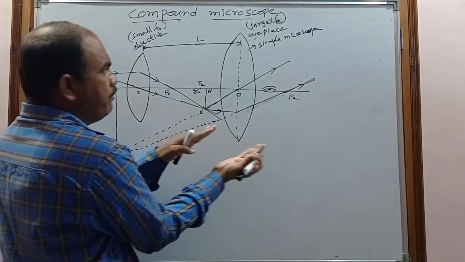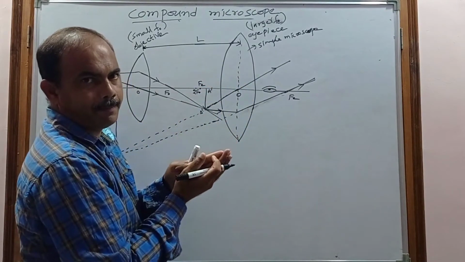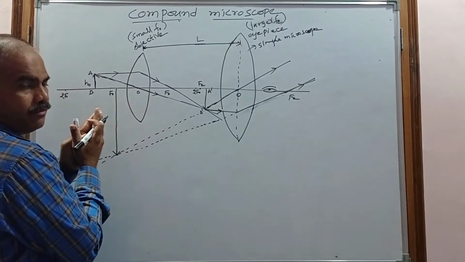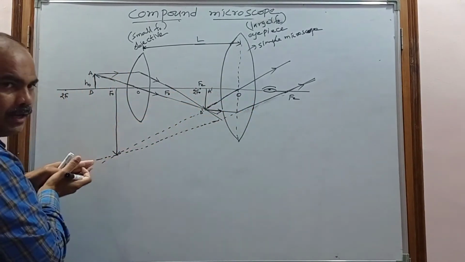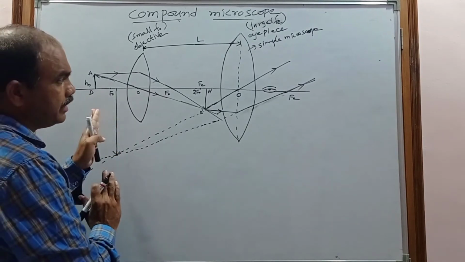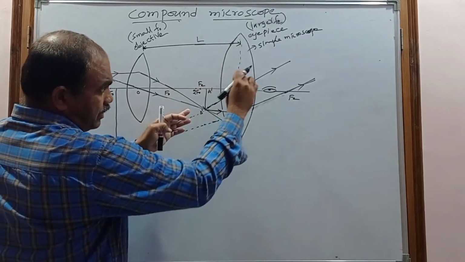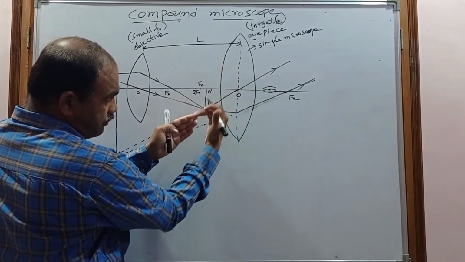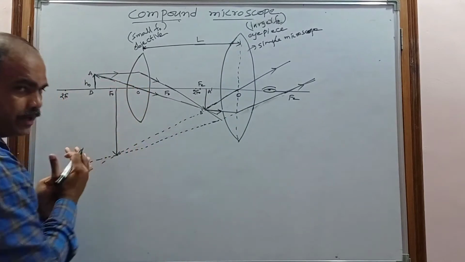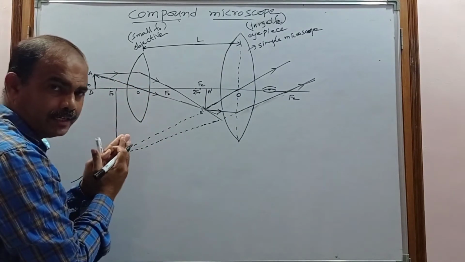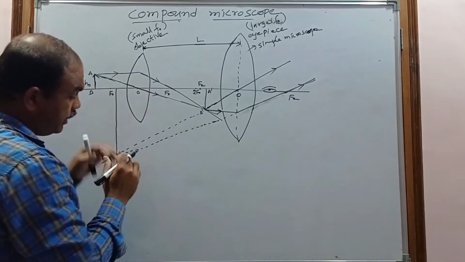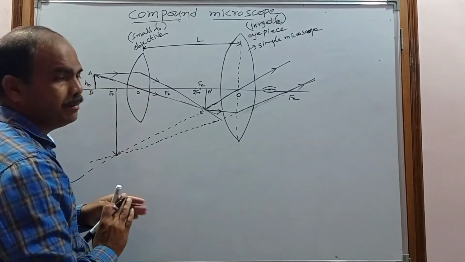Why? It is formed behind this eyepiece, and it is the image formed when the refracted rays are extended back. So that's why this is a virtual image. And it is an erect image, because the image formed by the objective for the eyepiece is below the principal axis, and the image formed by this eyepiece is also below the principal axis. So it is an erect, virtual image, and it is magnified, not highly. So it is a magnified image.